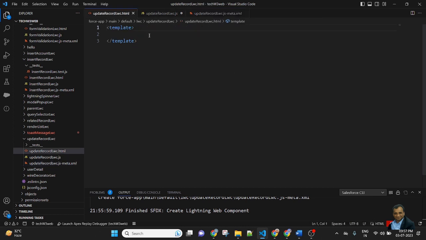Now going to the HTML page. In the HTML page, I will use Lightning card.